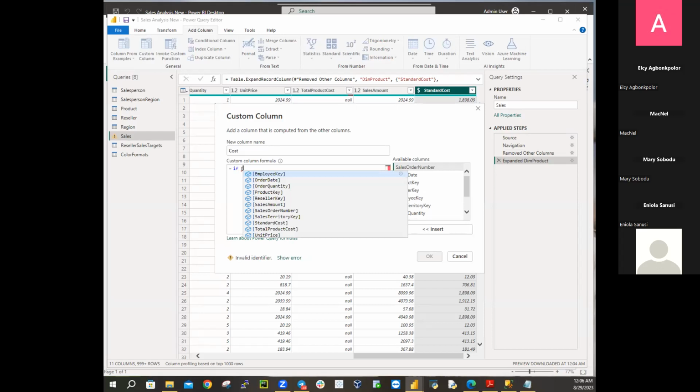If total product cost, when you are typing, it's going to show you total product cost. I'm asking a question. I know some of us were engineers and mathematicians, so we should understand the word if. So I'm saying if product cost is equal to null,